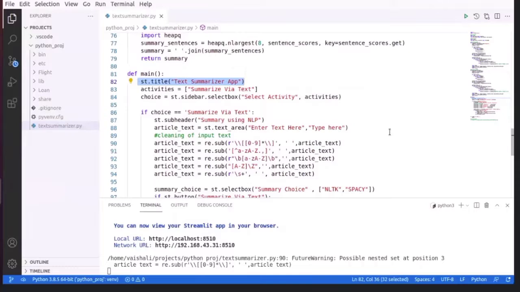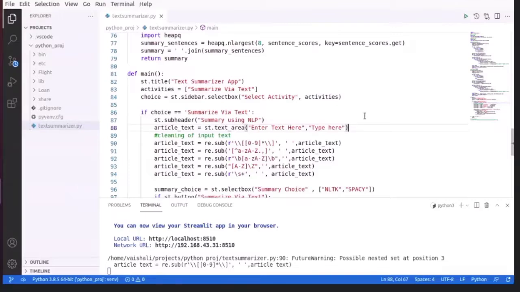So in st dot title, we have Text Summarizer App as our title. In activity we can have more than two activities like summarize via file also, but we have summarize via text only. And in st dot sidebar dot selectbox, we have the activities. We are passing the activity to the choice.